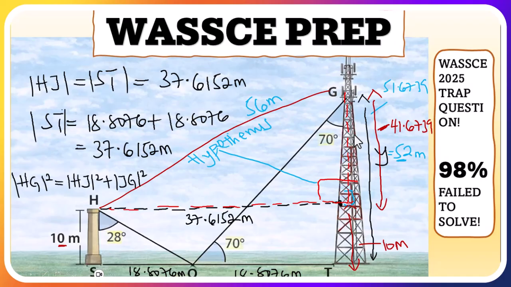If this video was very helpful, try solving a similar trigonometric problem by using the height of the pillar as 15 meters instead of 10 meters. What would be the new length or distance between the pillar and the mast?